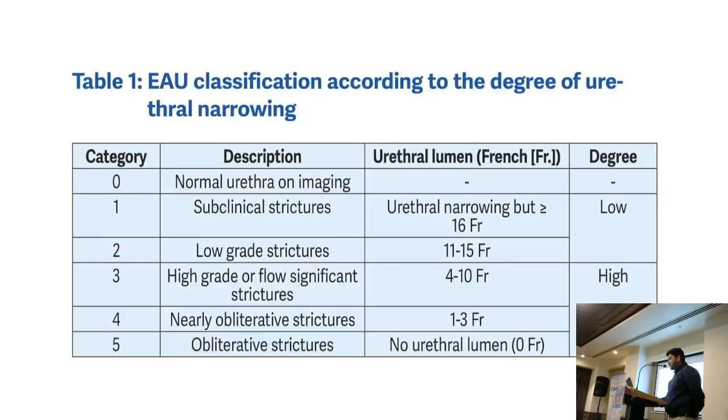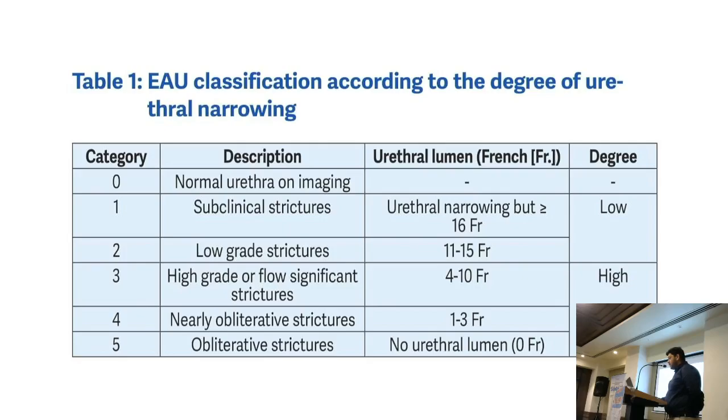This is the classification of degree of urethral narrowing by EAU. Category 0 is a normal urethra on imaging. In category 1 there are subclinical strictures in which the urethral lumen is more than 16 French, but it is considered a low degree. Category 2 is a low grade stricture in which the urethral lumen is 11 to 15 French. In category 3, high grade or flow significant strictures are generally 4 to 10 French urethral lumens,